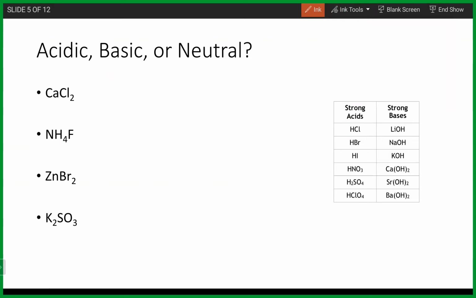For the second one, though, in this case, we're going to see that this is going to be unpredictable, because both of these ions are going to affect the pH. So with the ammonium ion, in that case, we'll just form ammonia and then hydronium ion, whereas the fluoride ion, the conjugate base of the weak acid hydrofluoric acid, is going to affect the pH,